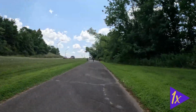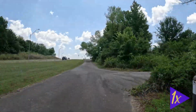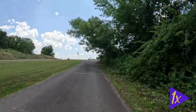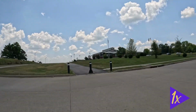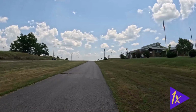You think that you're helping the bicycles, but really what you're doing is, first of all, you're slowing down the bicycles, and then you're showing that actually cars are the priority. You know what's really important is speed of cars, not safety. That intersection could have been done a lot better without a bridge. But yes, it would have had to slow down the cars a little bit. And if speed is your number one priority, then...